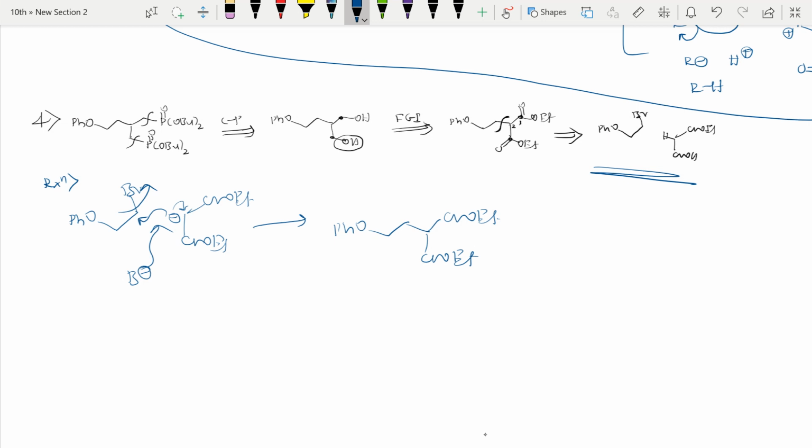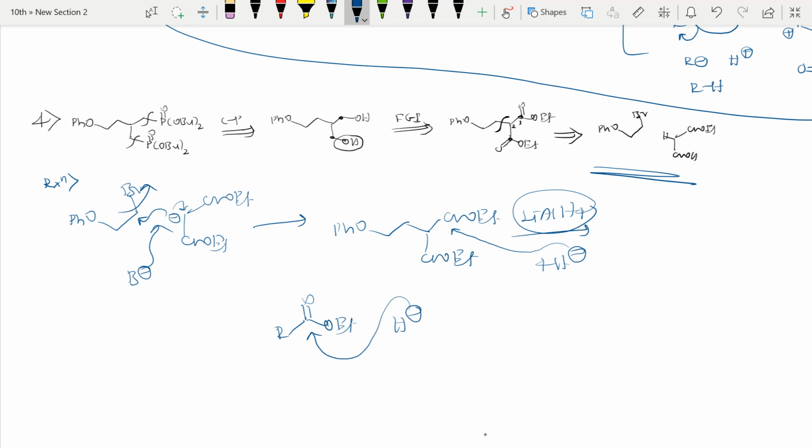Now what I will do, I will add Grignard reagent. Sorry, not Grignard reagent. LiAlH4 as reducing agent. So it will give H minus, right? So this H minus will attack here. That thing you know, the mechanism. Ester will be there, RCOOR. If hydride from that LiAlH4 first attacks, it comes back, this OEt is a good leaving group, leaves the system. So RCOOH.